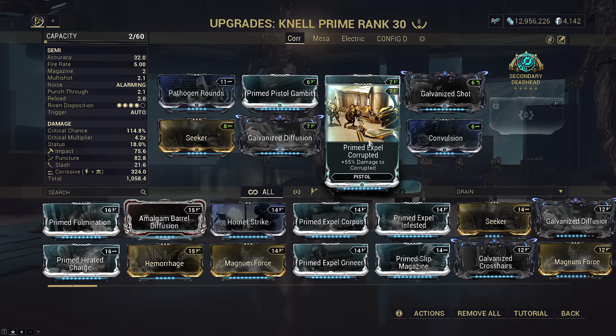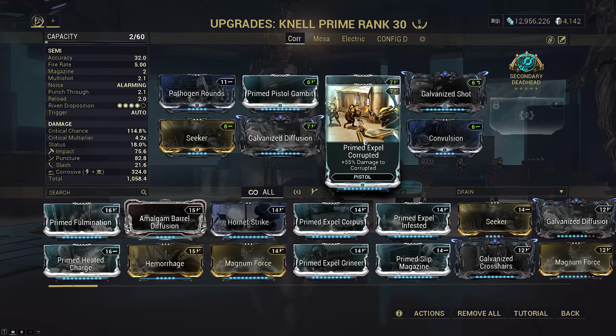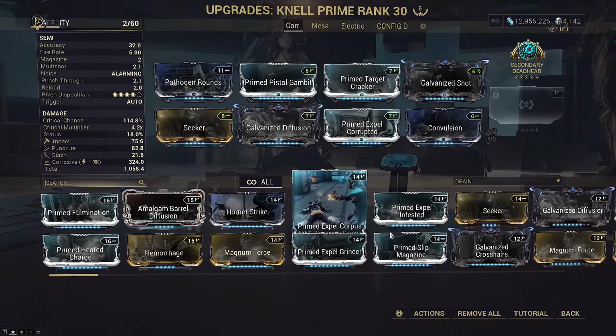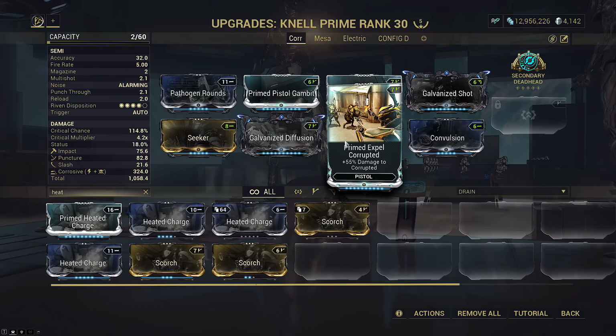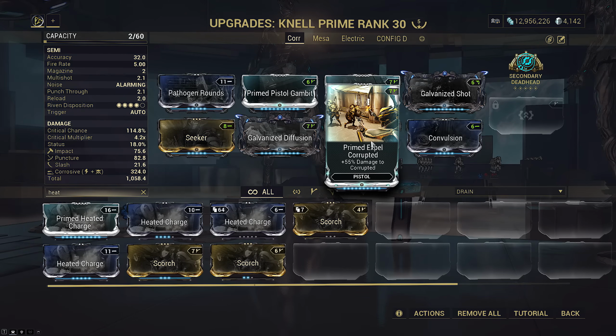As this is a raw damage build, the Prime Bane only dips once for 55% more total damage, so you can drop this if you want, whether for another crit chance mod or Prime Heated Charge, although Bane will still be best in slot. As it is a raw damage build, and Knell is absolutely ridiculous, most of the time